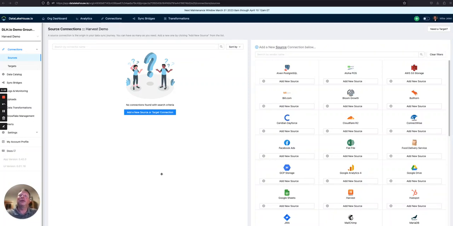In this session, we're going to connect to Harvest in order to replicate that data into Snowflake. First thing you need to do is set up a source connection to Harvest. So under connections, we find sources. We add this source